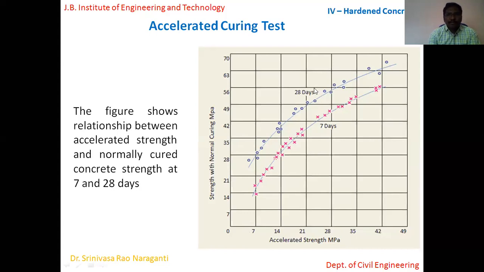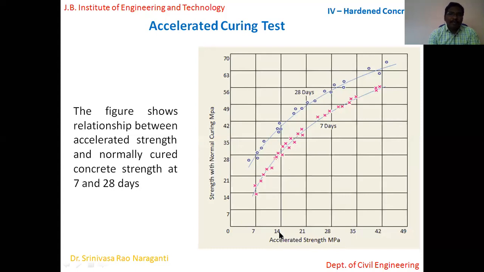Reinforced concrete members. Okay, then we see the fck value, whatever I was targeting for, I'm likely to achieve the same strength. So that gives you a kind of confidence, a kind of indication that whatever concrete you designed is giving you the desired strength. That's the indication of this accelerated curing test.